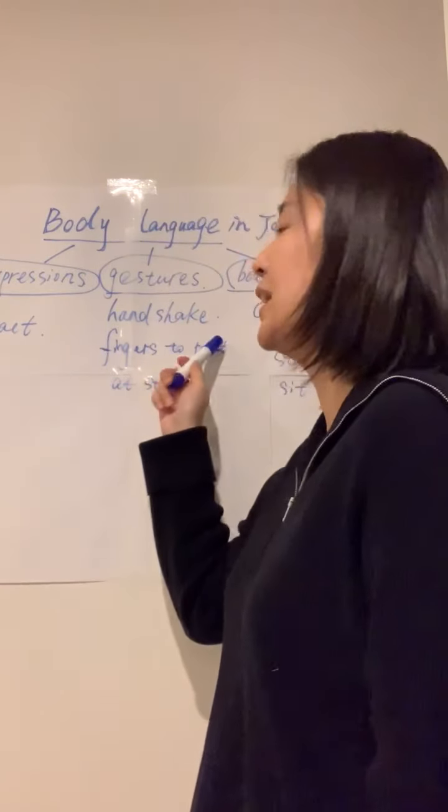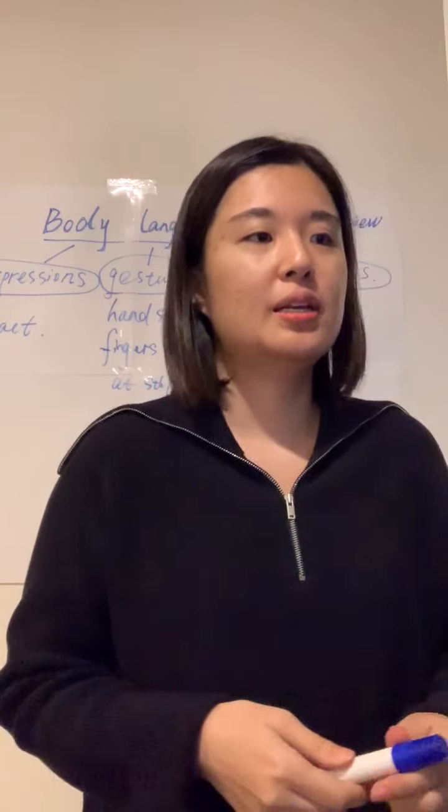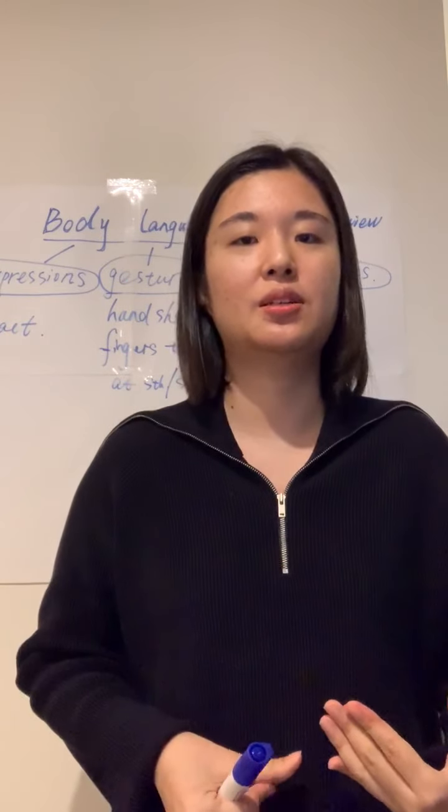Just now we mentioned that a handshake is very important the first time we meet each other, right? And next one, sit in a relaxed position. The most natural way to sit is upright. With your hands on the armrests, make sure you are sitting properly on your chair. Always make sure that your posture is straight.